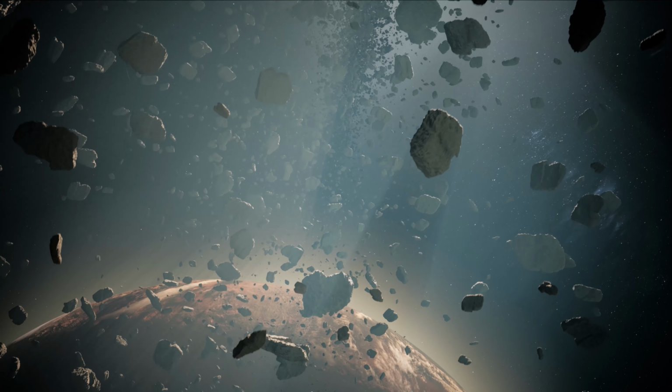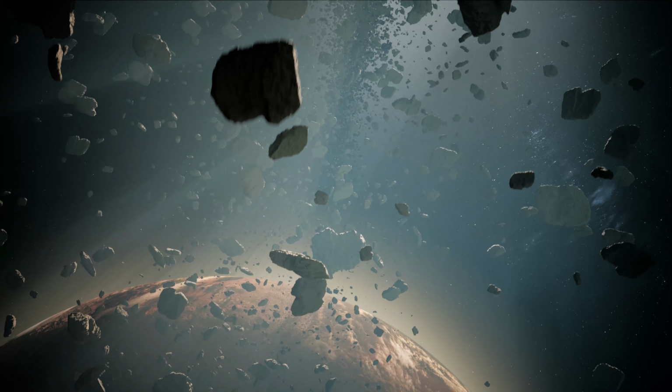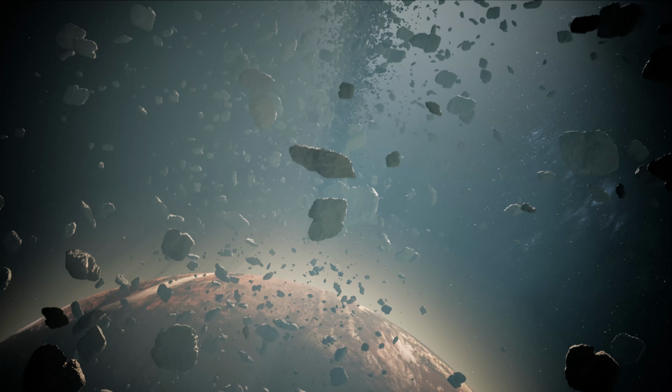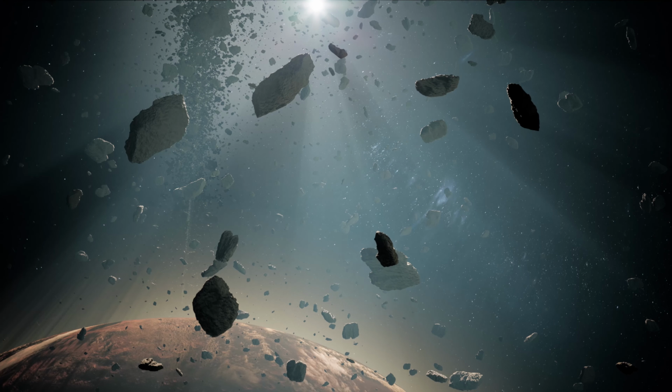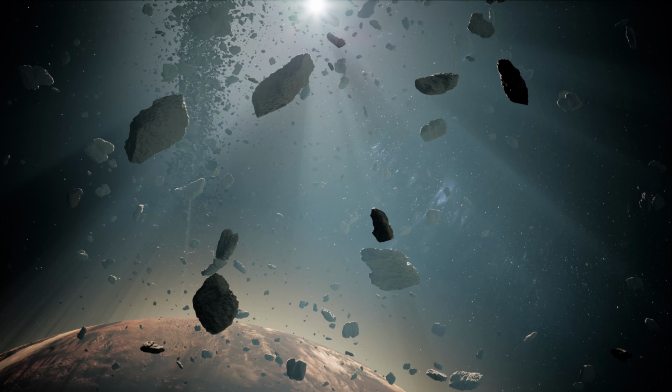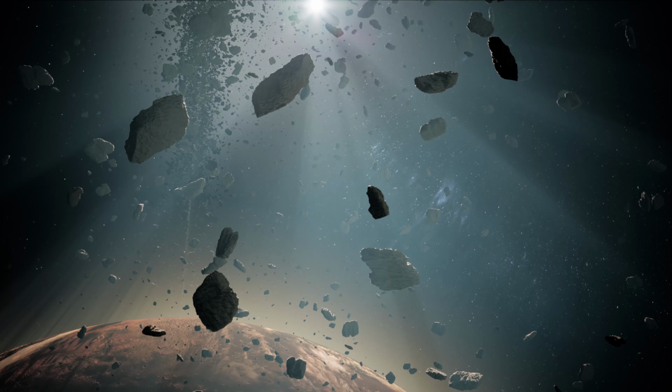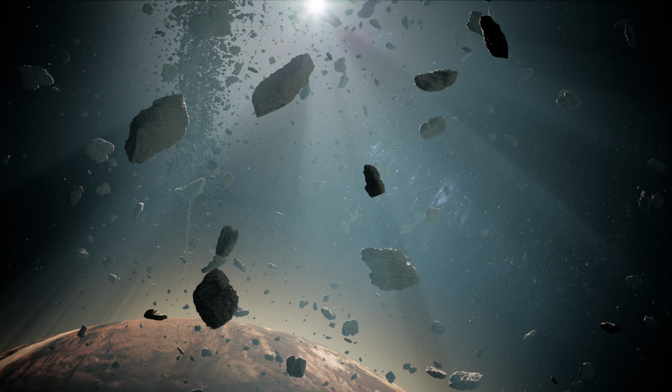So in this video, we're going to focus on how to get these asteroids put together. Towards the end of the video, we're going to do a basic setup of the scene in which we're adding some fog, some volumetric fog, in order to give it a bit more atmosphere, create some light shafts, and just make it look a lot more cinematic. But as I said, this video mainly focuses on setting up a blueprint in which we have our asteroids moving